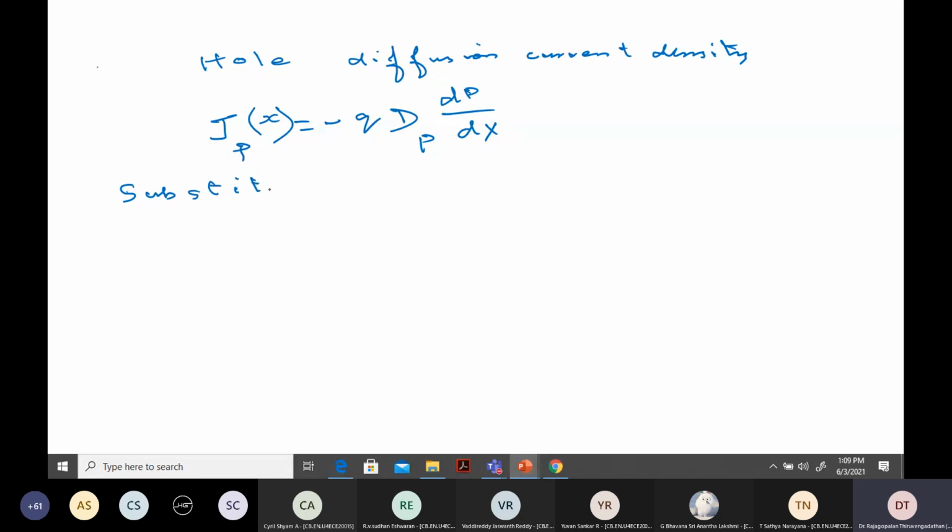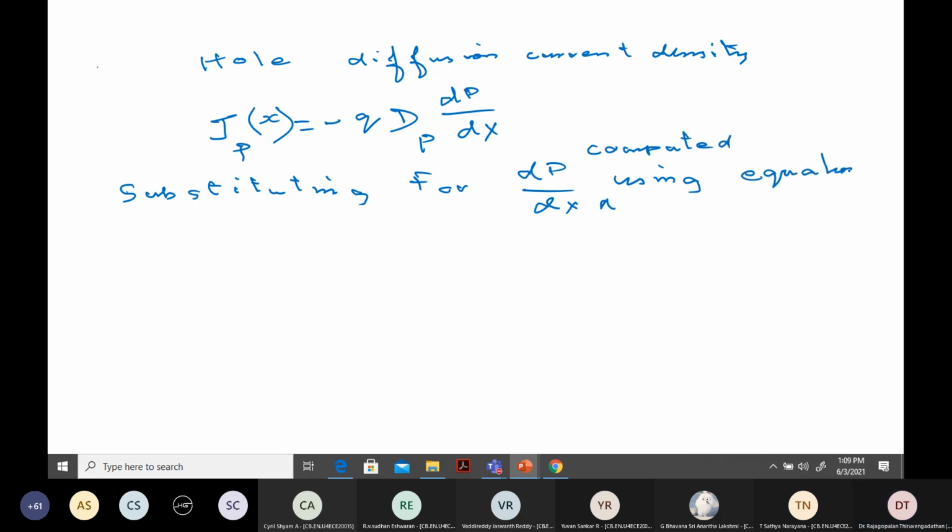Substituting for dp by dx computed using equation 3, we will get JP of x equal to